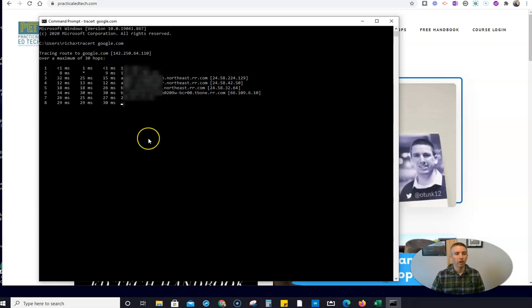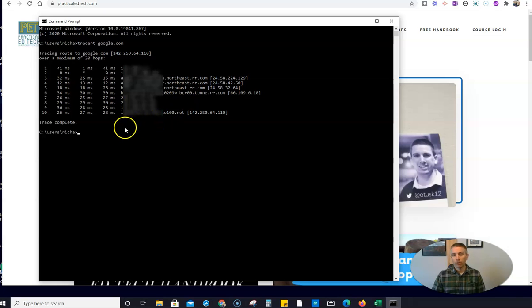Let's go ahead and see all of these little hops. Now, some of these, you could have your students go ahead and copy these addresses and try to do a search for them, or try to put them into their browser address bar. And others, they may not find publicly at all. But if you want your students to see where in the world their traffic is going to and coming from,